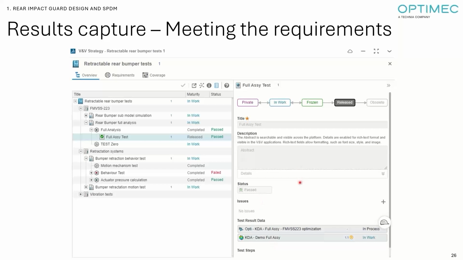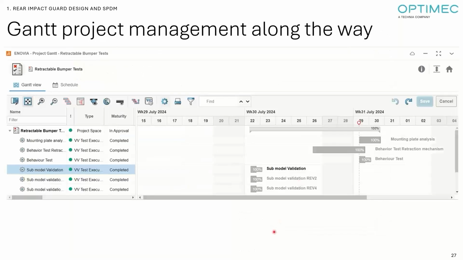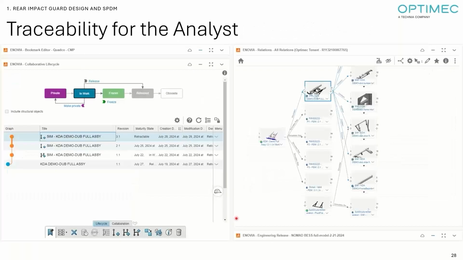And by doing that, in the background, you also have your Gantt project management window that is populated automatically every time you create a task and assign someone to a task. So in the background, you have the project management aspect of it, which is handled for you. And again, with no additional work, just because you linked the right object to the right simulation tools, you have